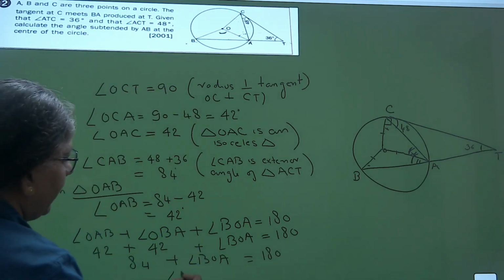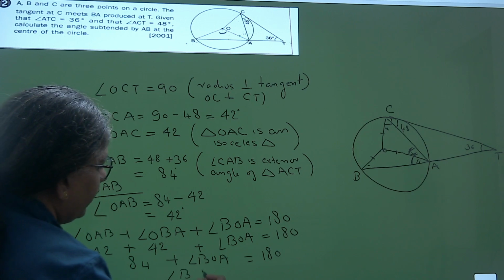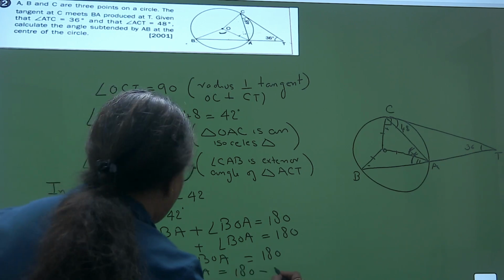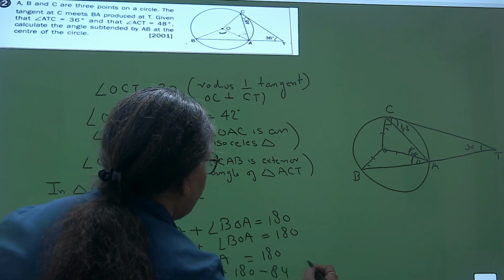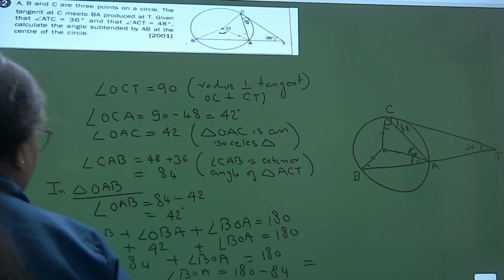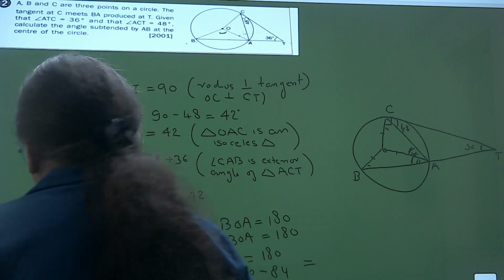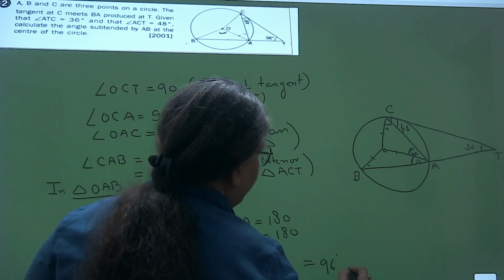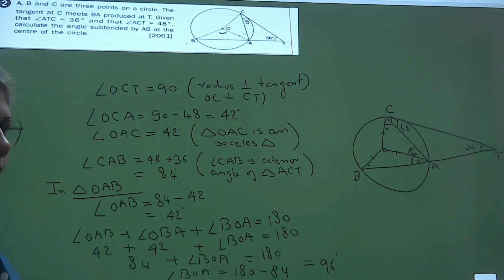So you get angle BOA is equal to 180 minus 84. Solve this, you will get the answer. It is 96 degrees. So using the